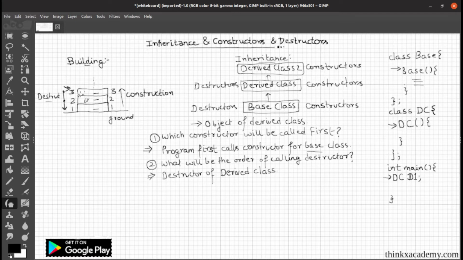And it will move on calling the destructor for the next derived class, and at last it will just call the destructor of the base class. So this is the order of calling constructors and destructors by the program whenever you create an object of the derived class. So there is a condition here,